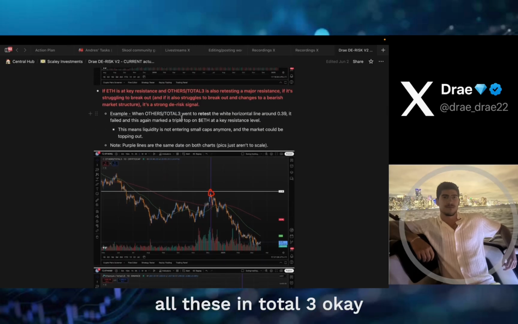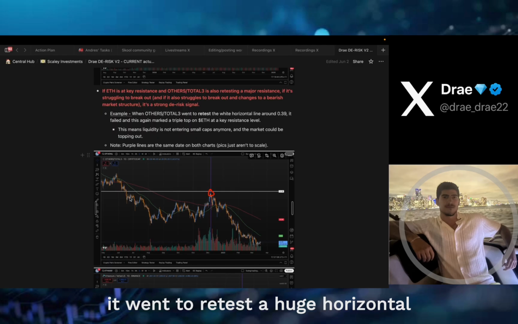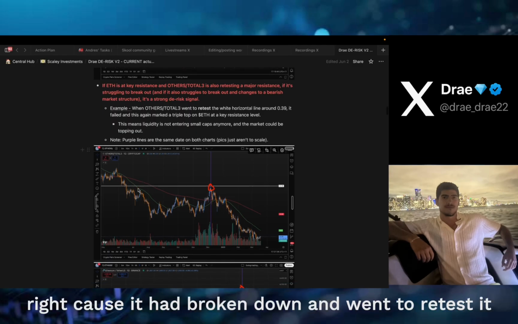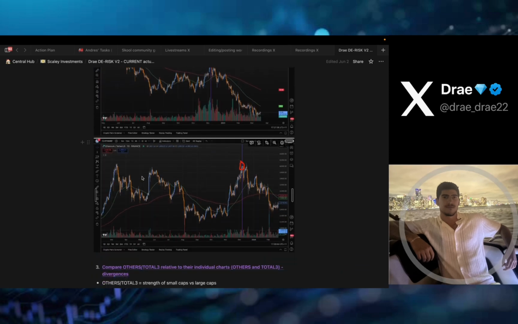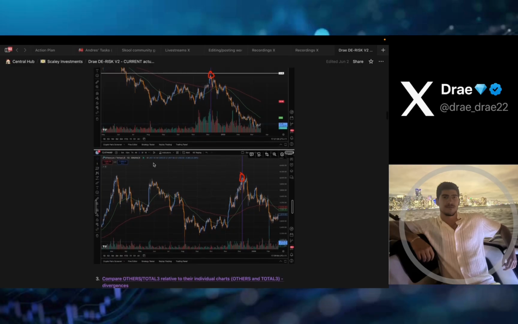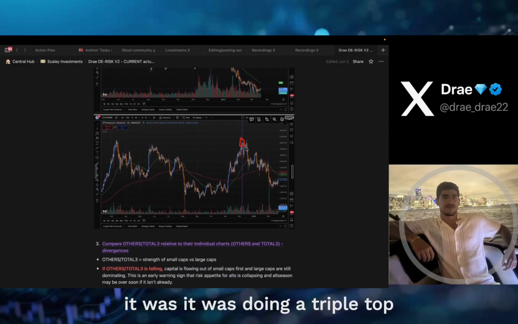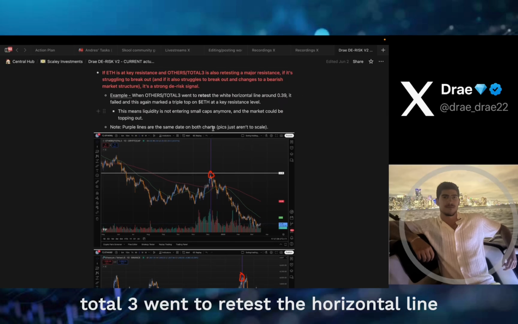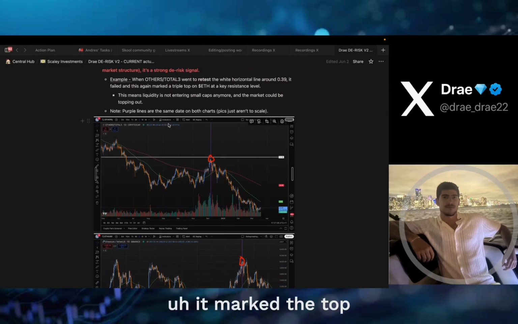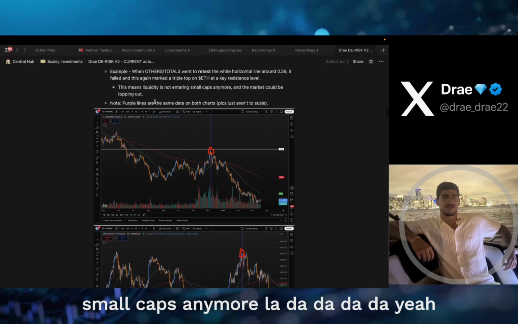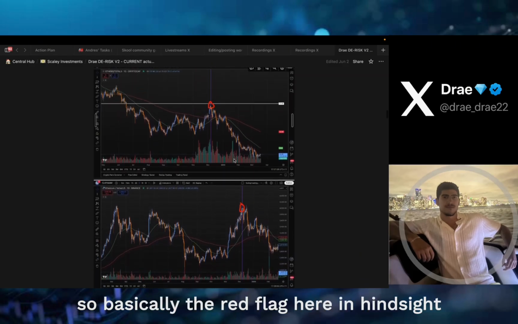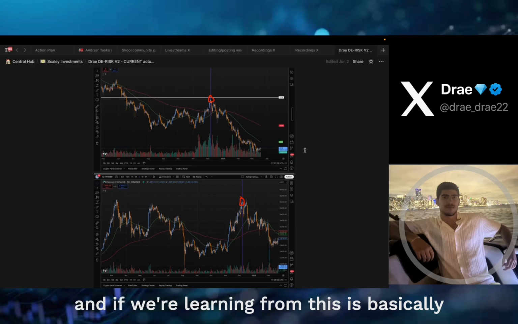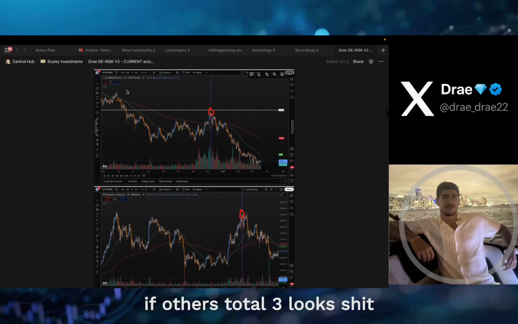Others Total 3 went to retest a huge horizontal support resistance area that had been flipped, right? Because it had broken down and then went to retest it. Meanwhile, ETH was doing a triple top. So what did I actually write here? When Others Total 3 went to retest the horizontal line, it marked the top, and that's because liquidity was not entering small caps anymore. So basically the red flag here in hindsight, if we're learning from this, is if Others Total 3 looks bad